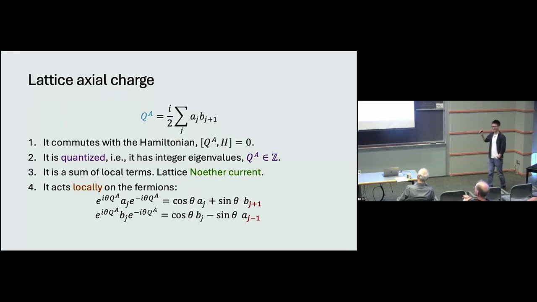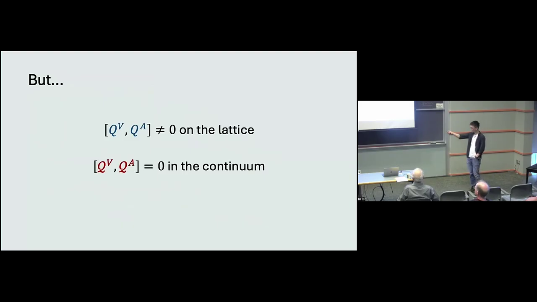All right. Great. But the price you pay is that they don't commute on the lattice. In contrast, their continuum counterparts do commute in the continuum. In the continuum, it's just phase rotations, and phases commute with each other. Whenever you have two things that don't commute, and both of them are symmetries of your Hamiltonian, you should ask, what kind of algebra do they form? Someone hands you an SU2 algebra, U1x and U1y, you take the commutator, you get U1z, and you close the Lie algebra. What do we have in this case?